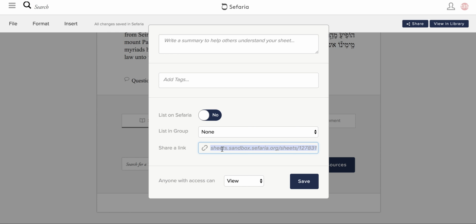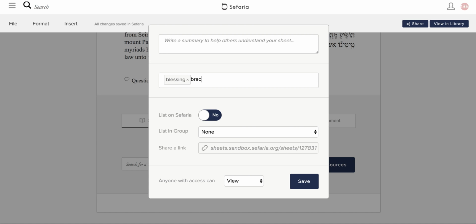For example, this sheet is about blessings, so when I search Sefaria, I'd like to find materials about bracha, blessing. And in an ideal world, I would find materials that were created for high school students, since that's the audience I'm imagining for the sheet. Finding that kind of targeted material would be great, and you can help make that happen. In this box where it says Add Tags, you can tag your sheet so that everyone knows what this lesson was used for. I'm going to tag this sheet Blessing,